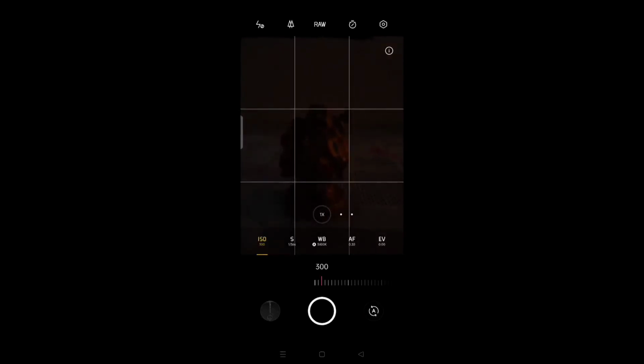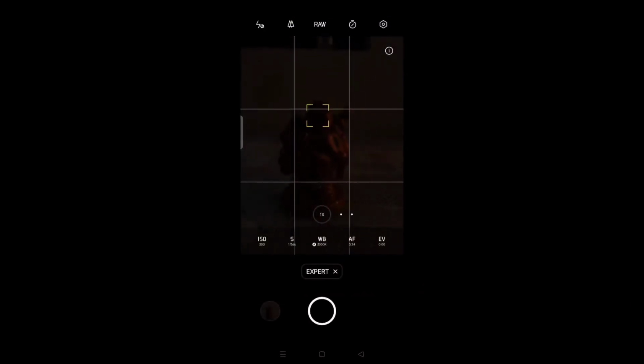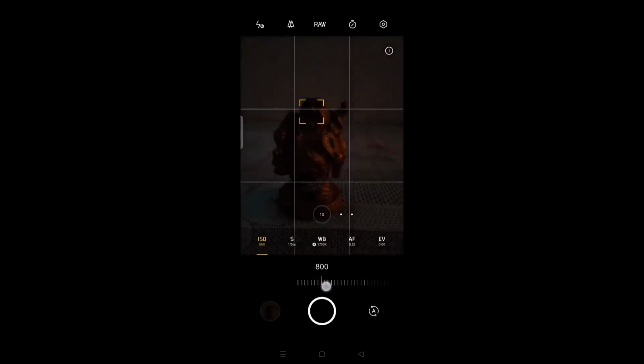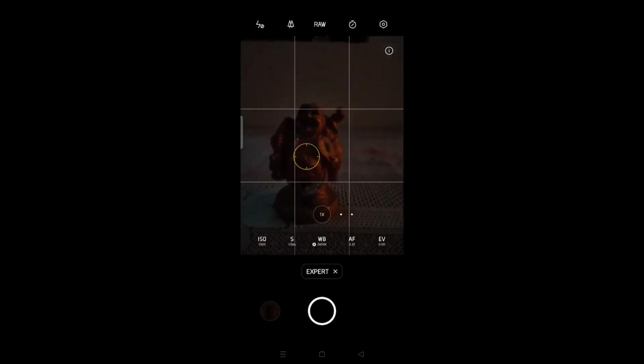So coming towards our third lesson, which is about low light photography. When you are shooting in low light, the amount of light available is very low. So when you take a picture, it generally gets darker and you can't see the subject very well. Let us click this picture again, hoping to get a better image, but this time also we can't see the subject properly. So to avoid this, we increase the ISO to increase the brightness. So here we got the brightness and we click the picture.